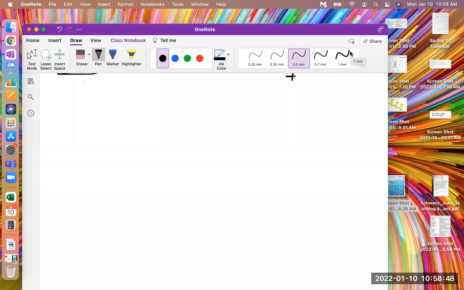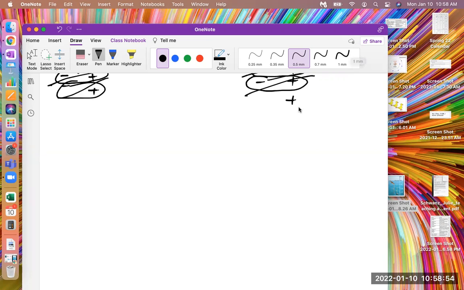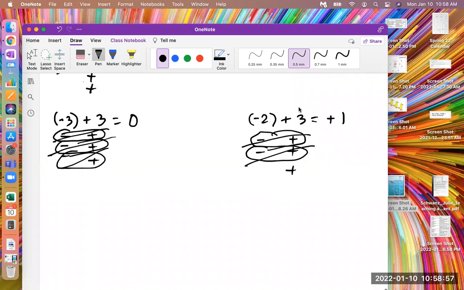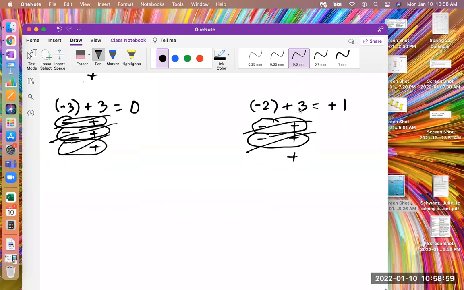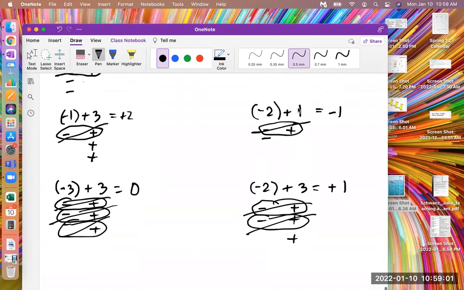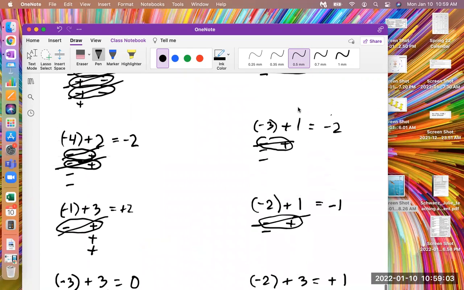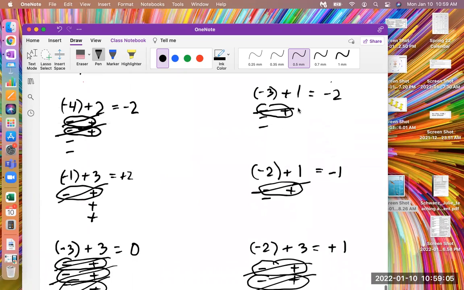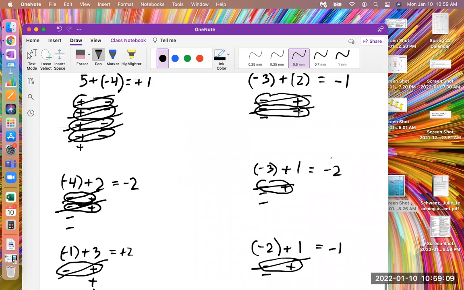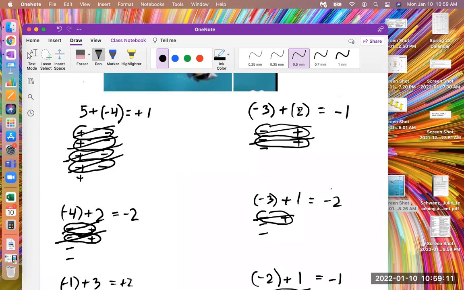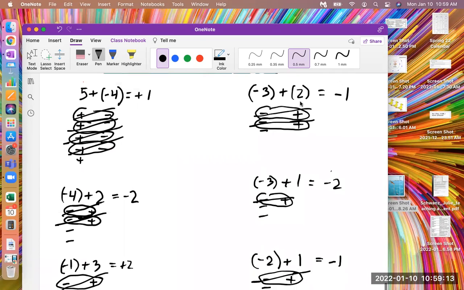I'm going to allow you just a few more minutes to think about it and to look at the pictures. Okay, so you should be thinking,